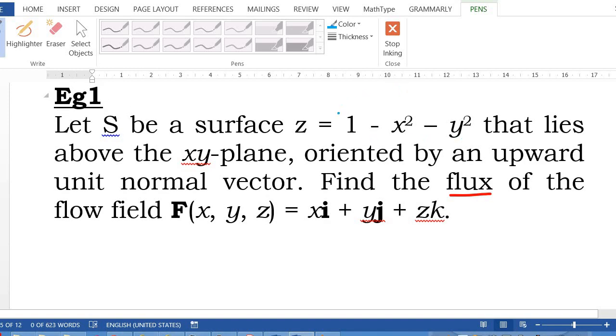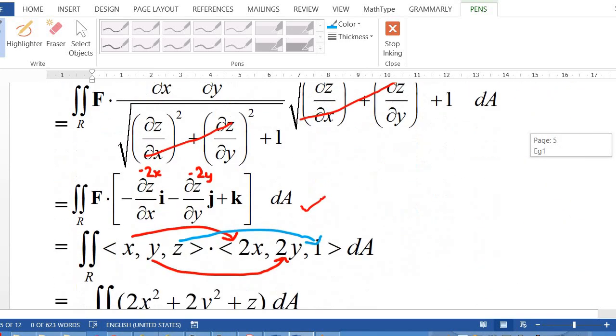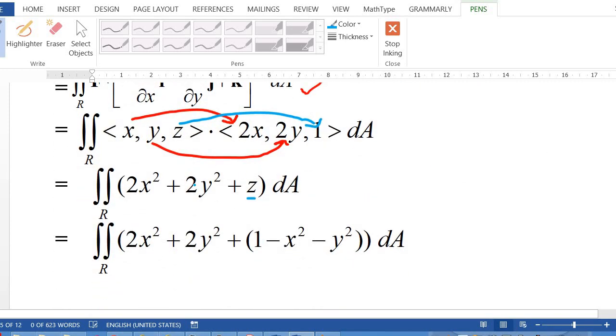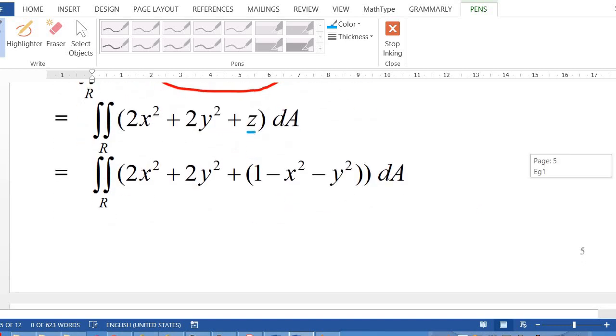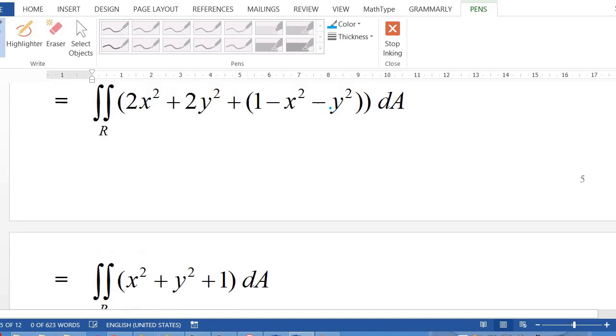Substitute z from the paraboloid equation, which is z equals 1 minus x squared minus y squared. Because it is a double integral, we have to eliminate z in terms of x and y. So z is the surface given, z equals 1 minus x squared minus y squared. And then you simplify it before you integrate